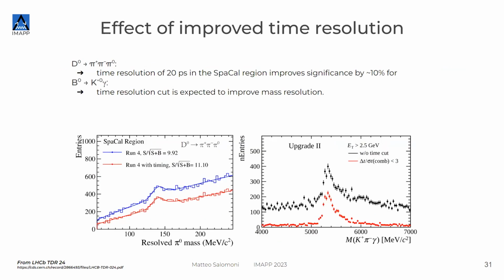So this is an example of differences in the signal to noise ratio that we can obtain, once again, in the simulation, in the condition that we will find in a few years from now with the current technology, black curve, and with the upgraded technology that we are proposing, and that's the red curve. This is one of the plots that we used to justify the fact that we wanted money for the upgrade.